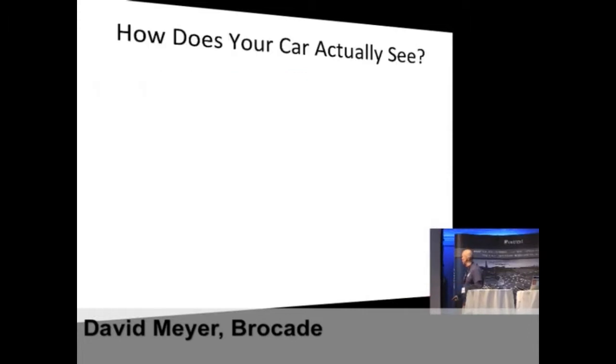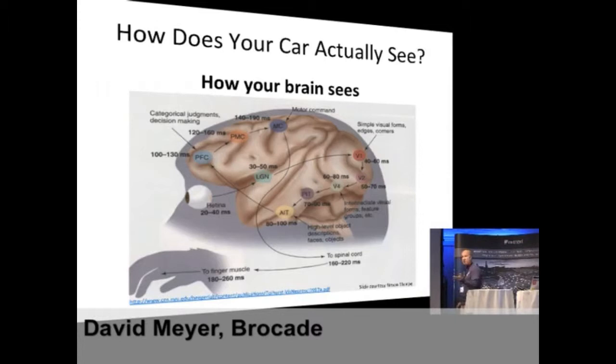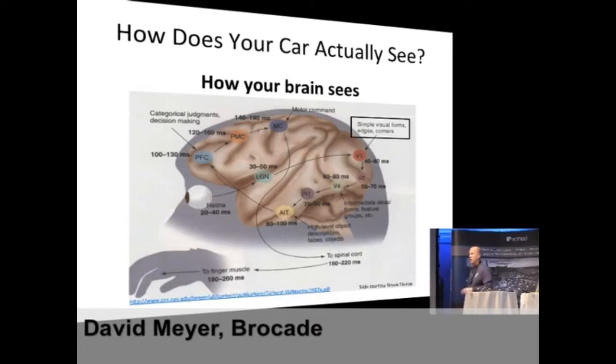But how does it work? Okay, well, just think about your brain. This is the brain of a macaque monkey. Unfortunately for macaque monkeys, they're kind of like humans. So a lot of physiology gets done on them, and when you're done doing this, they're not in that good a shape. So here's the idea. There's a part of the brain called V1, and what V1 does for you is it's an edge detector, right? It detects edges and their orientation, right? And then later on in V4 and V2, what happens is those get composed into shapes like round, square, whatever.